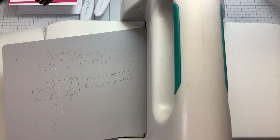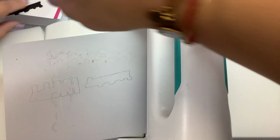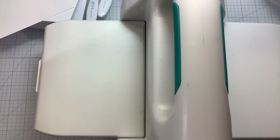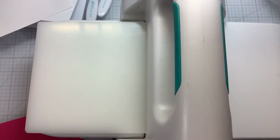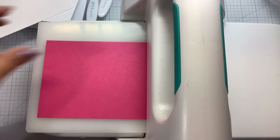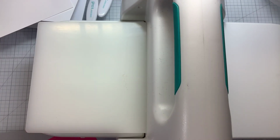And then my little cheat is my little Passionate Pink is going to be my matte layer. So I want to cut my Happy Birthday out of the middle of this. So another thing you can do is you can actually put the heavier thick mat on the bottom, put my paper down, put my dies down,